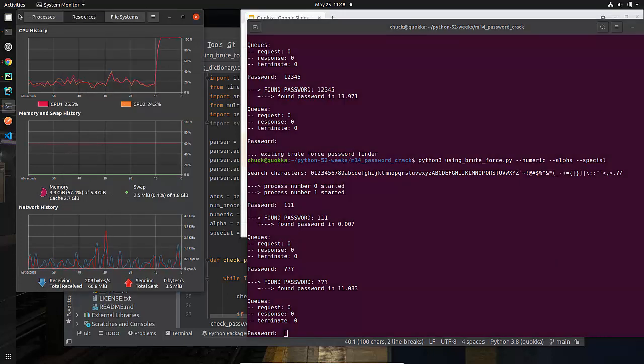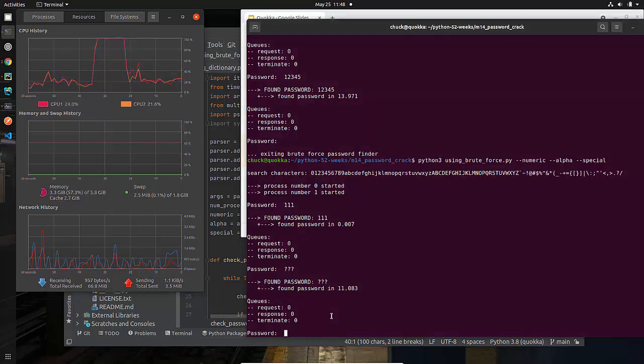Let's look over here. Do you see this? Here is my processor, and you can see my processor kind of got hammered a bit because it was having to work really hard. And not only that, but I have 2 cores, and you can see that both of them were working full time in order to do that.